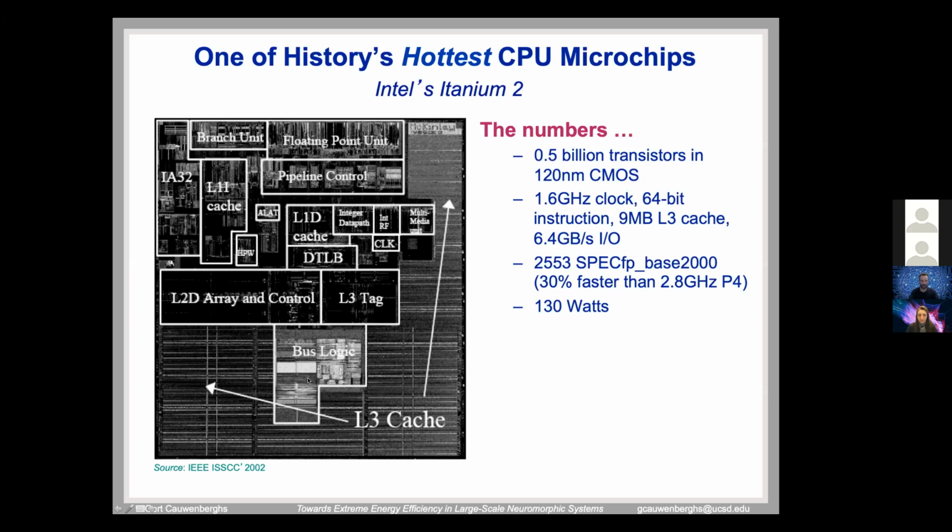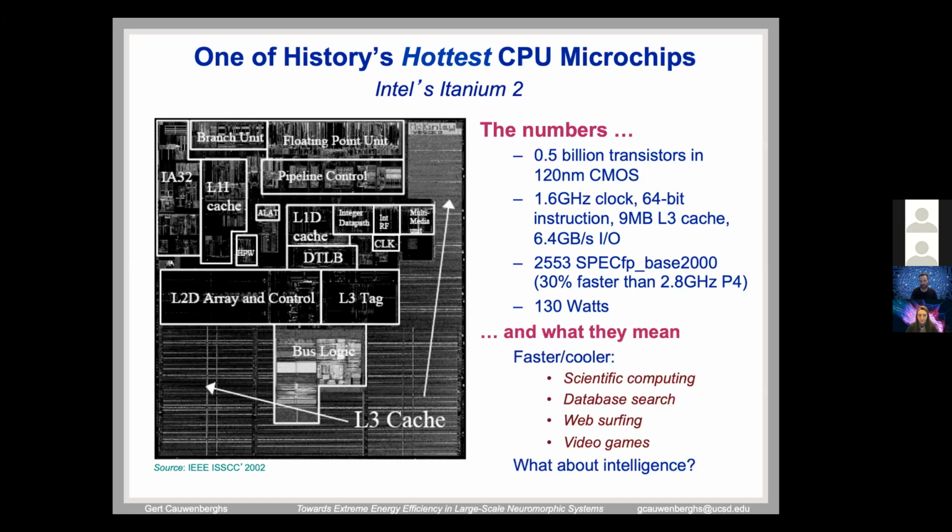But look what is involved, all this level of cache, right? Cache, those are basically intermediaries between slow, vast memory and this fast centralized computing here, right? And it's totally inefficient. So much of the energy is wasted basically moving things around. And that's basically the paradigm of what is called von Neumann computing. Again, it's not doing him great honor, but that's the sequential model of computation, right? Sure, you can do great things with it, but what about intelligence? That's the other thing. You can definitely play more games with it, but that's all you can do